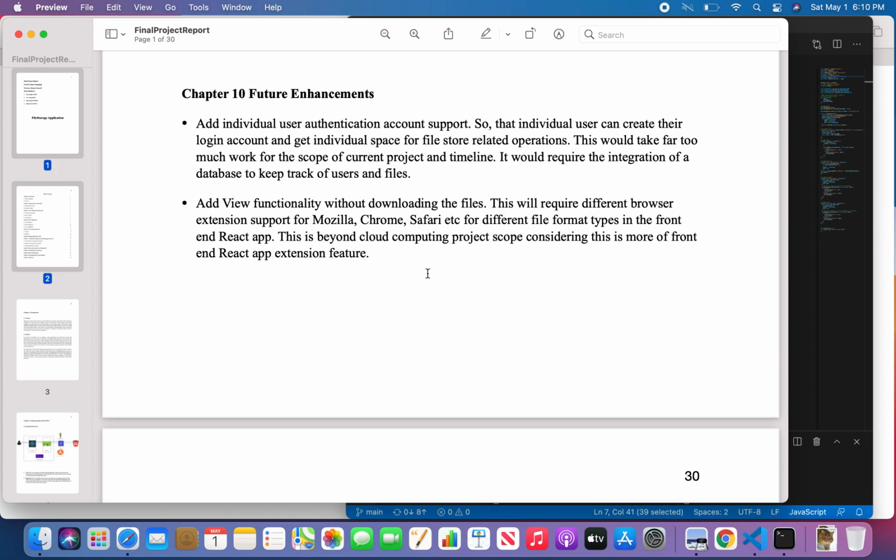we may add individual user authentication and account support. By using this, an individual user will be able to create their own account and get individual space for their stored files. This would take far too much scope for the current project, considering the timeline itself. It would require integration with a database also, to keep track of the users and their